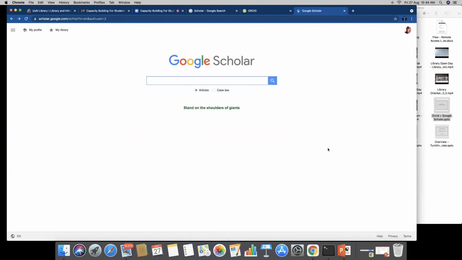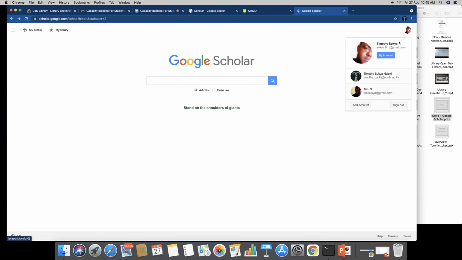Now, as is the case when you're in the Google environment, it operates in a specific email account. So if you want to use your staff email account or your personal Gmail account, you need to be logged into that account. In my case, I have logged into my personal email account. I hope you can all see my screen. I've logged into my personal Gmail account, and it is what I will use to demonstrate how to set up your Google Scholar account. So once you're signed in,